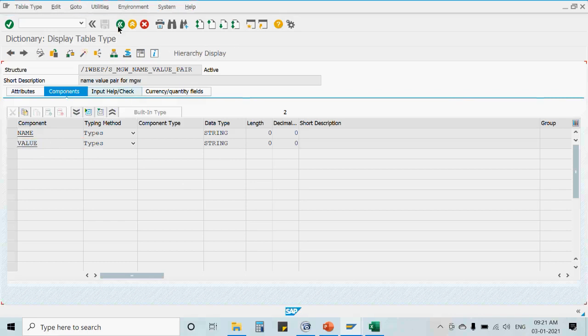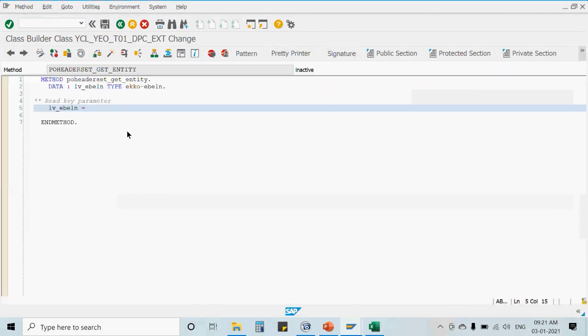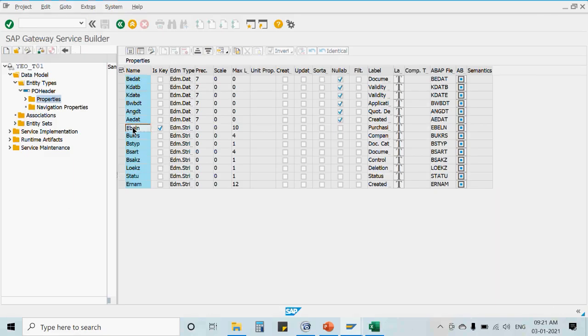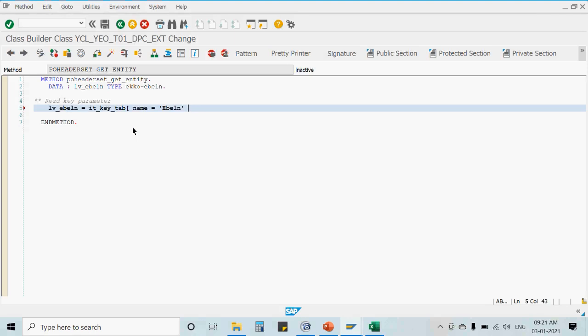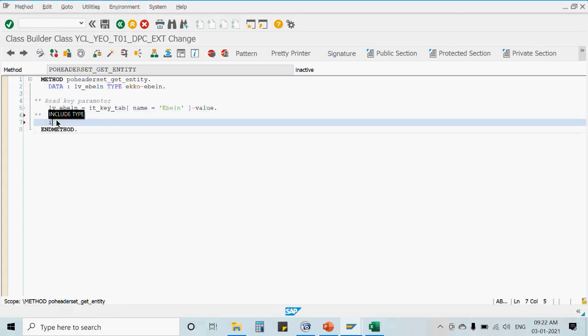So our ultimate purpose over here is that we would be reading this IT key tab, by passing name equal to the property name, and doing a value operation over here. The value parameter which we would be getting for EBLN would be the value which we are actually expecting for the read operation to be performed. Now, if we have a particular data in LVEBLN,